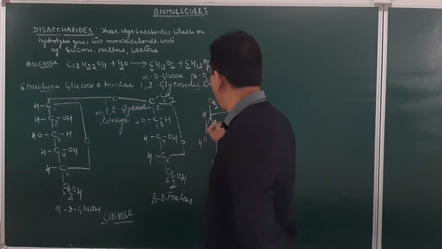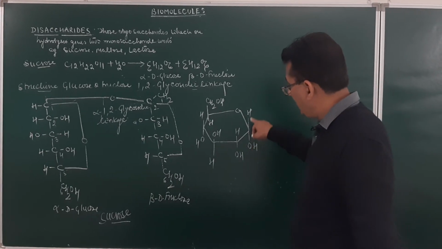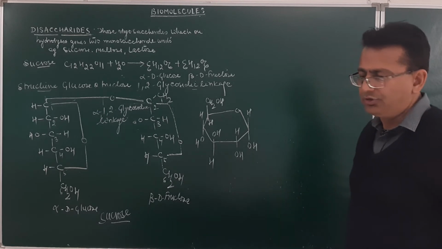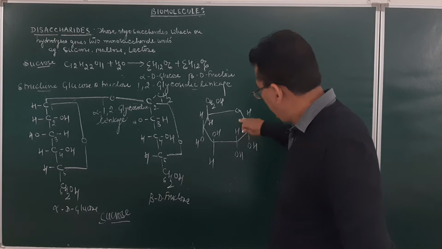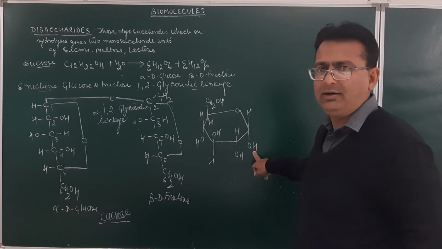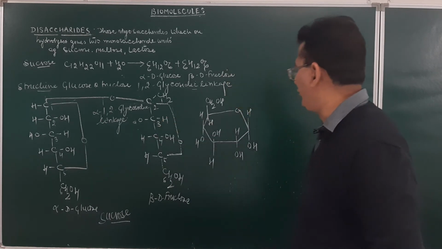This is a pyranose structure. Yes or not? And which form? In this pyranose structure of glucose, alpha form is toward the lower side. So this is alpha dextroglucose. I have explained to you, if in the ring form, the OH group is toward the lower side on the carbon number 1, it is alpha form. What we have to take? A beta form of a fructose.